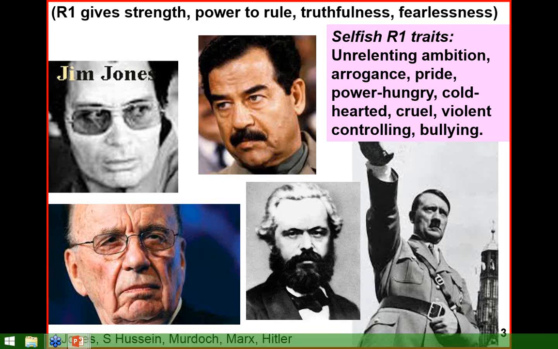But I've certainly, in my history, been arrogant. I've been really arrogant at some stage and full of pride. I don't think I've ever been power hungry. I used to try and control, and that's a real thing, that first ray, trying to control everything around you, and oh, give that to me, I'll do it, you can't do it, so you can do it faster and better than other people. I don't think of being cruel or violent, and haven't had that unrelenting ambition, but certainly the arrogance, pride and controlling,